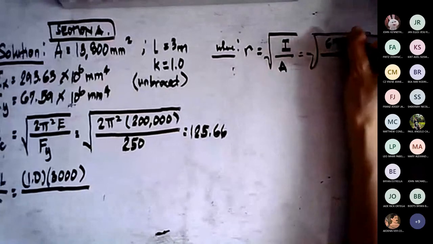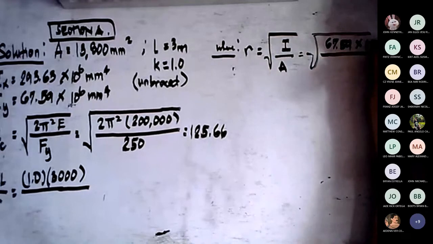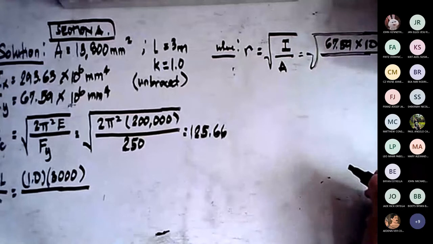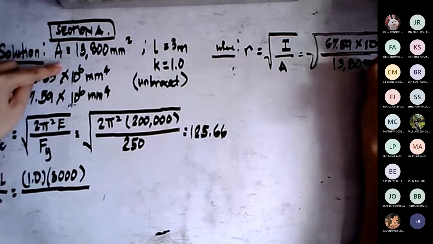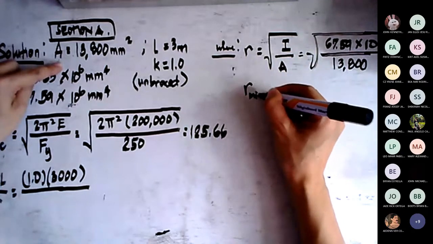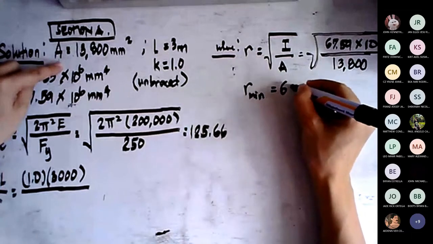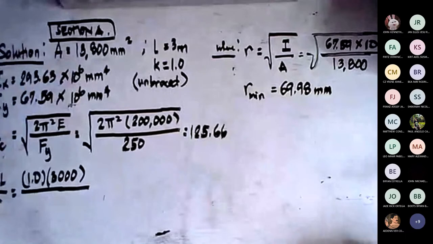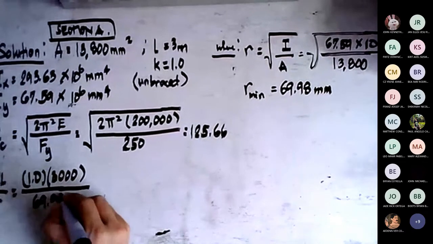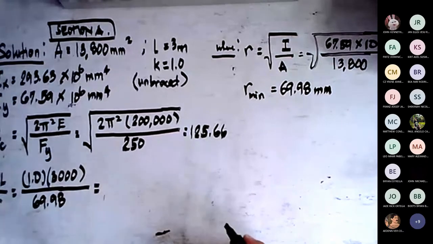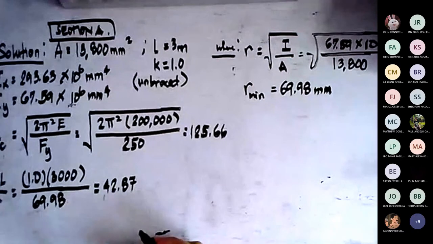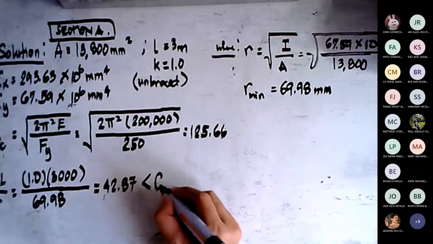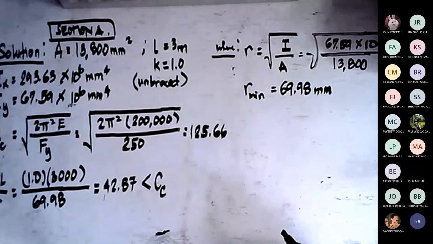So we have 67.59 times 10 to the 6th millimeter to the 4th for the moment of inertia. Yung mas maliit na moment of inertia ang gagamitin nyo kasi ang hinahanap natin, yung mas maliit na radius of gyration. Then, area is 13,800. So, this is the minimum radius of gyration. Based on calculation, we have 69.98 mm. So, the radius of gyration is 69.98 mm. And then that means the slenderness ratio is 42.87. And if you are going to take a look, since KL over R is less than the C sub C coefficient, 125.66,